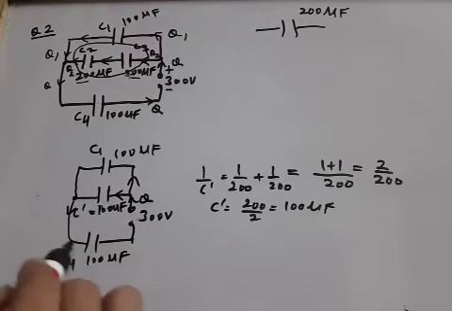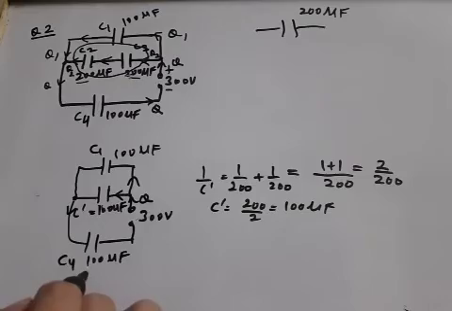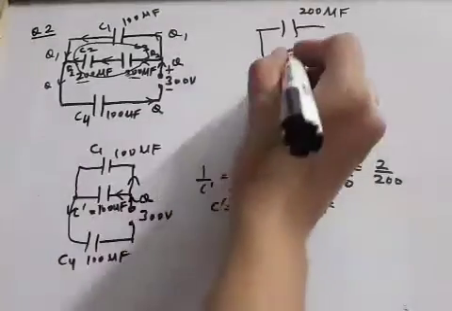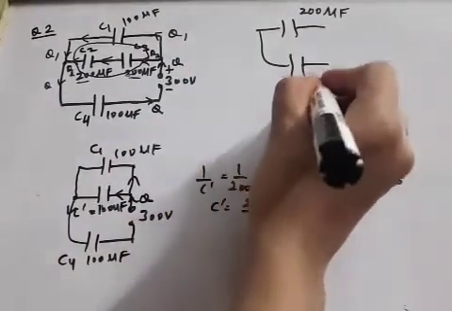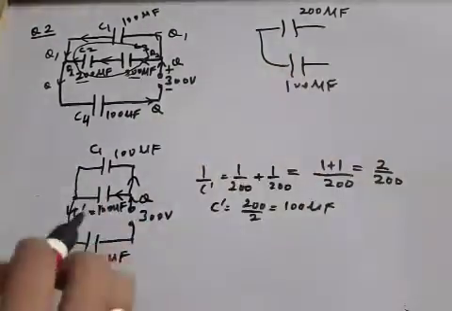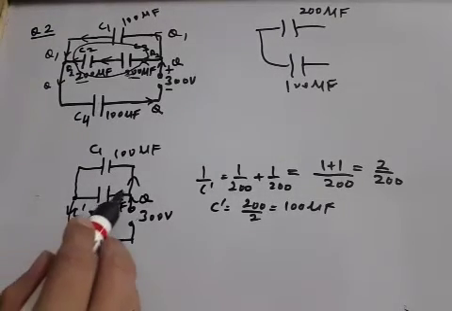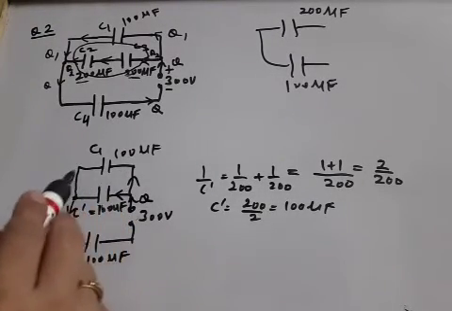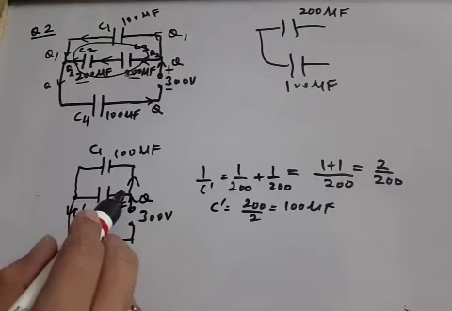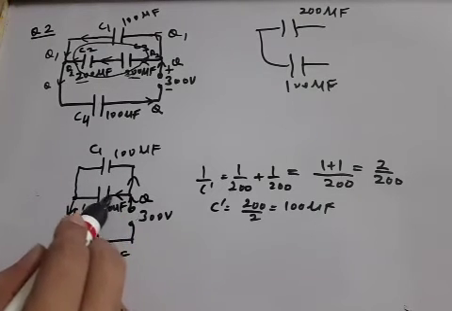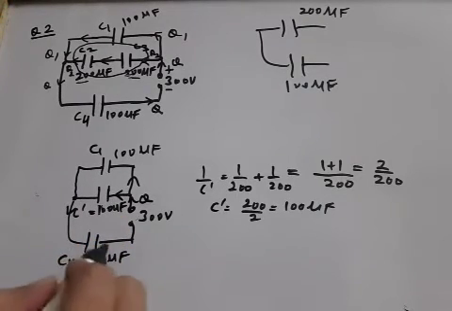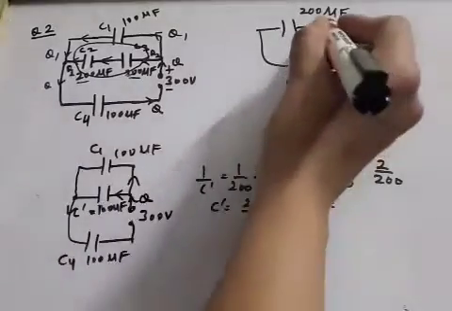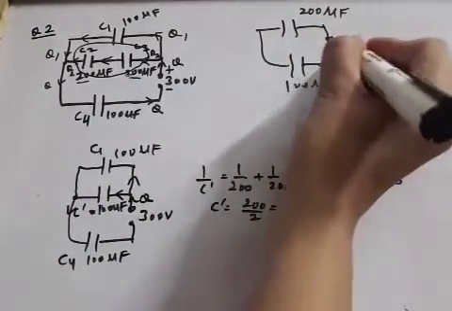And just below it there is one more capacitance left, that is of 100 value. Let us show it here, 100. That means from this battery, this upper part is solved. Its answer is 200. Then we are coming down, this is 100, and again the battery. That means here the battery is to be shown.